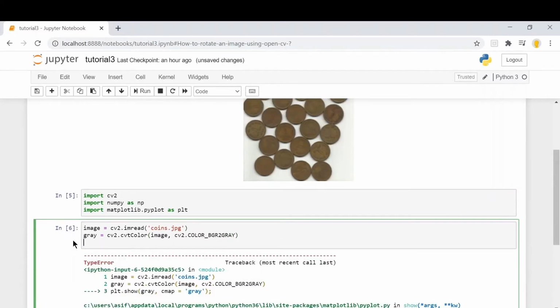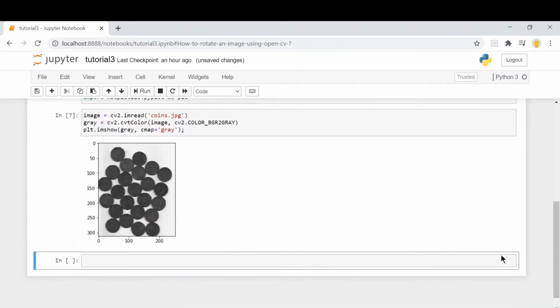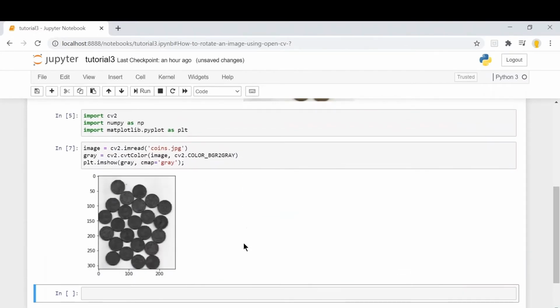To display our image we'll be using Matplotlib's plt.imshow function. Now since our image is a grayscale image, we'll be using the cmap equals gray parameter. Now you can see we have displayed our image.